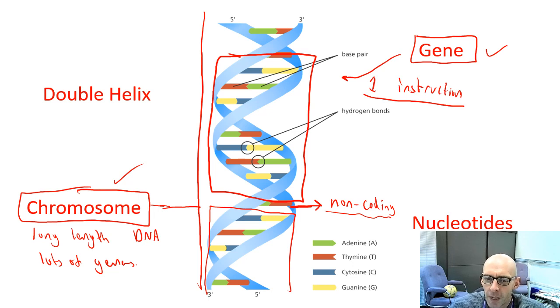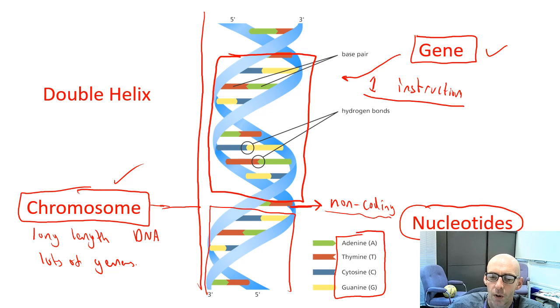DNA itself is made out of 4 chemicals called nucleotides, which obviously we get from our food, just like we get our carbohydrates and fats and proteins. And the 4 chemicals are called adenine, thymine, cytosine and guanine. And most people know them by their letters, A, T, C and G.